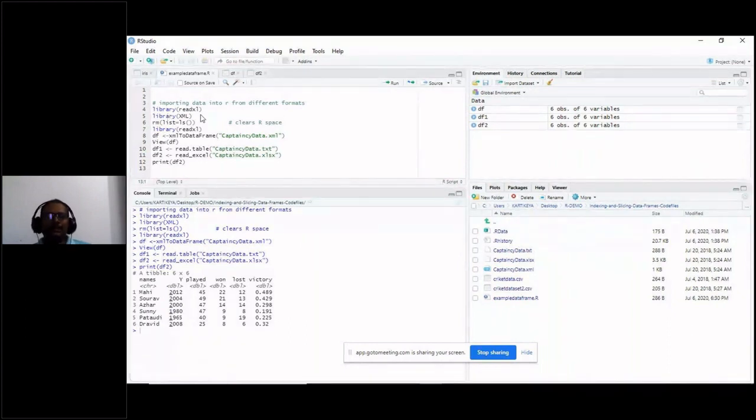So in your R, you need to download the required package to read or import some kind of data sets. So in this particular case, if I want to read an XML file, I need a library package called XML. So the data frame can be read by using the command xmlToDataFrame.